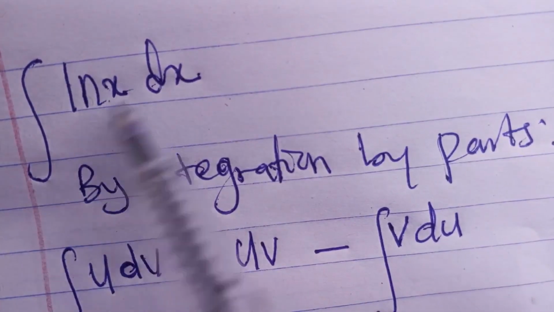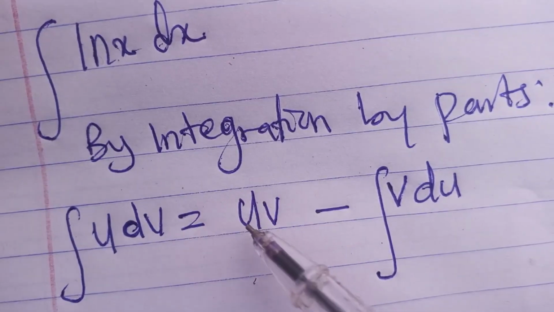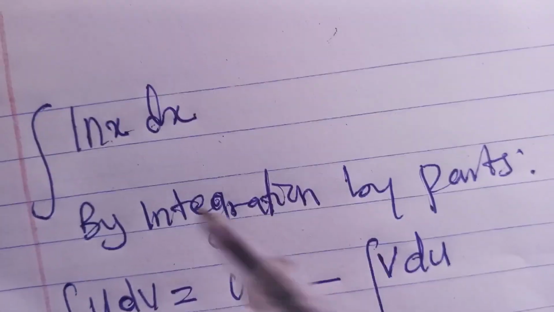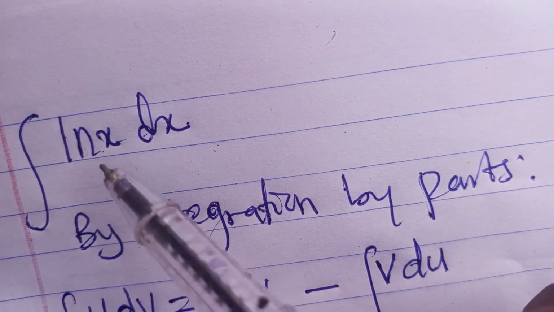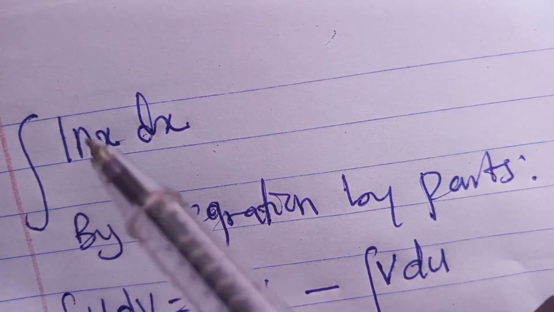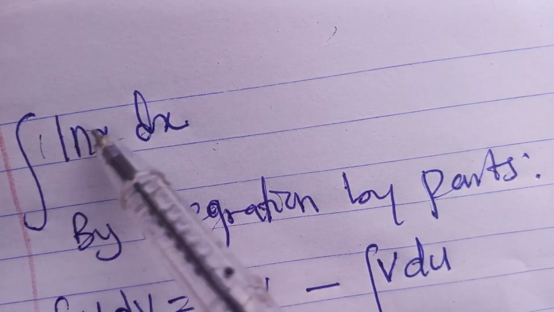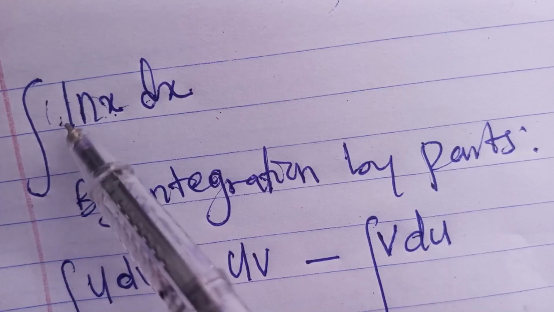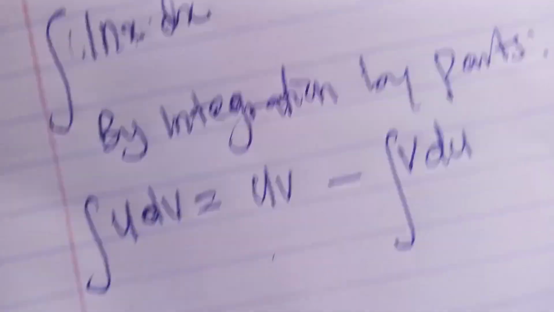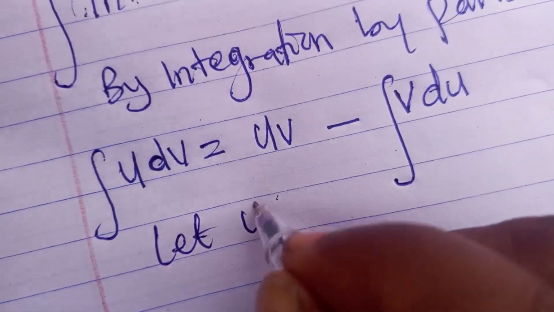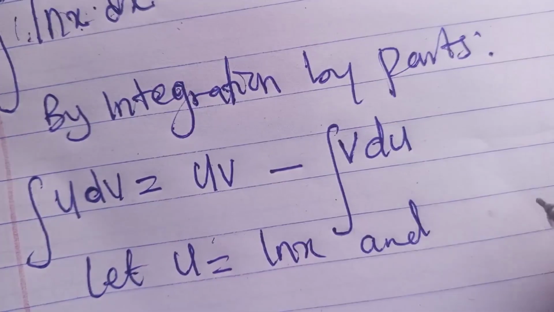Now, when choosing the value for u, that is to know which one you use for your u and which one you use for your dv, choose the one that can be differentiated, can be reduced, if possible reduced to 0. What is here now is 1 times log x, that is the natural logarithm of x, ln x. Let u equal ln x